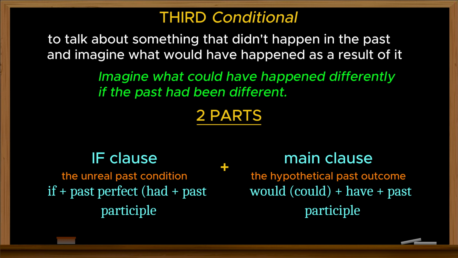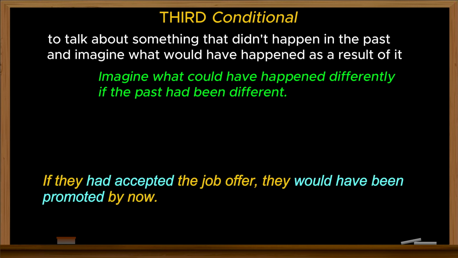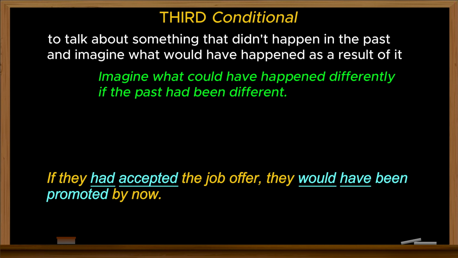Imagine a missed opportunity in the past, and we'll use the third conditional to express what could have happened differently. If they had accepted the job offer, they would have been promoted by now. As you can see, here we used had with the word accepted, which is the past participle of the verb accept in the if clause. And in the main clause, we used would have with the word been,